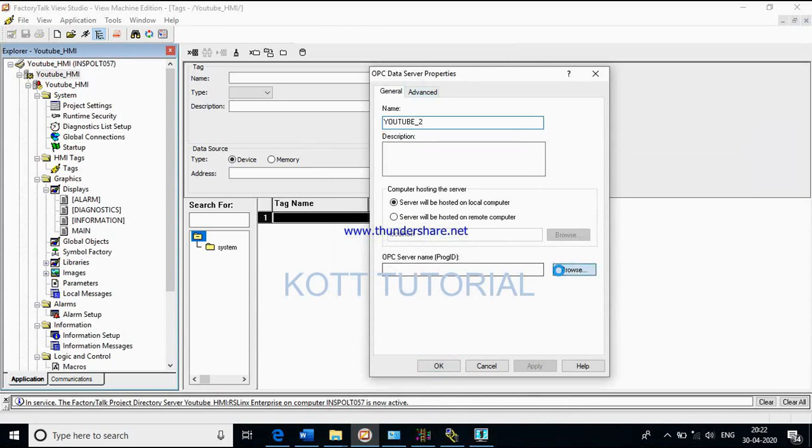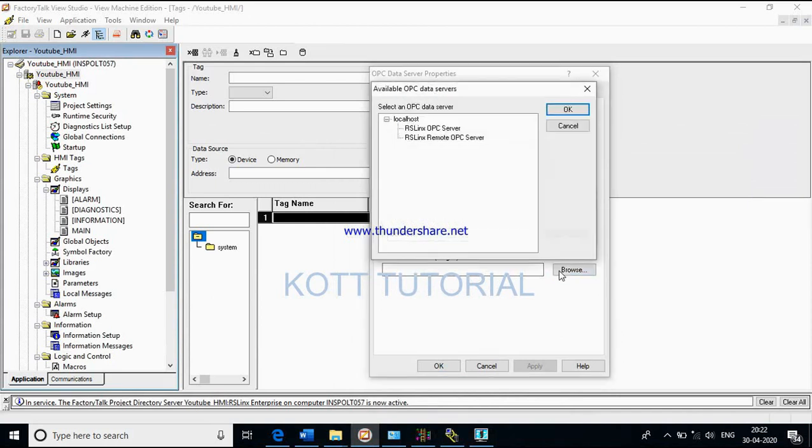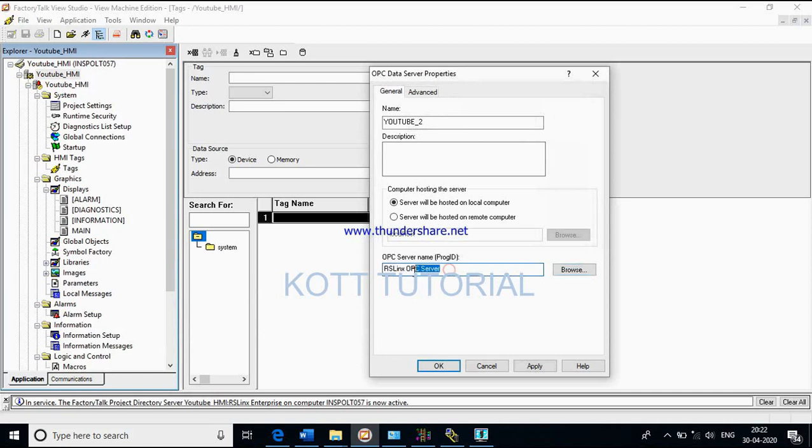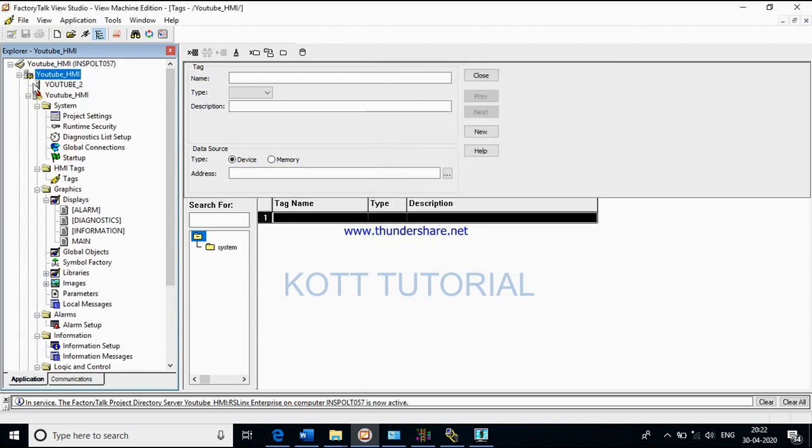Click browse, localhost, we require the RSLinx OPC server, not the remote one. Click OK. Now OPC server name as YouTube2, apply, OK. See, now you can see over here YouTube2 OPC server. Now we have to go to the tag file.